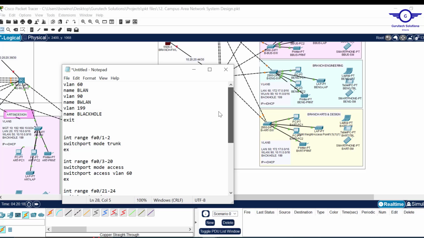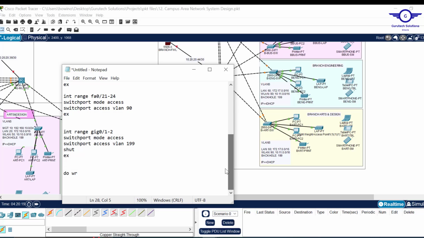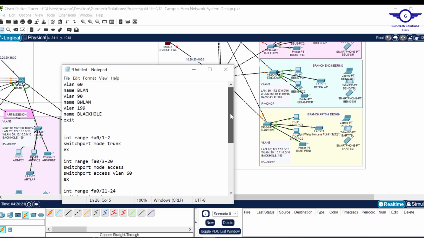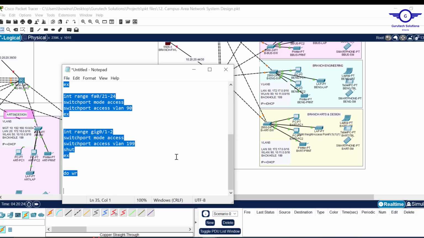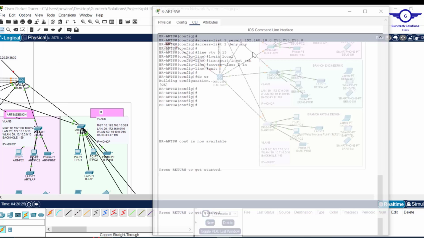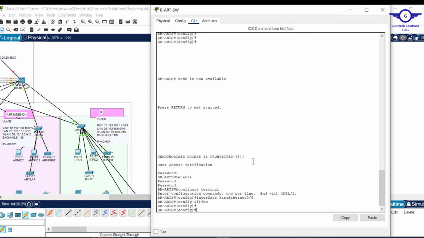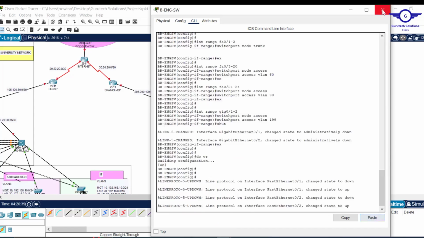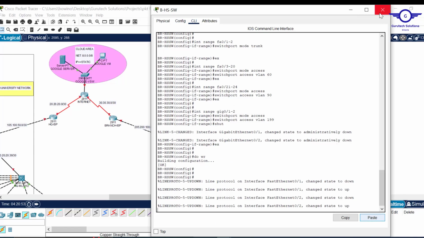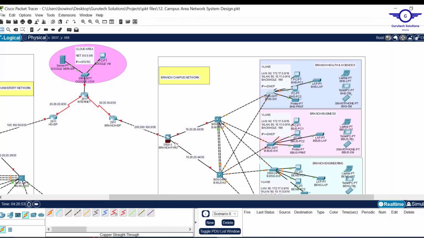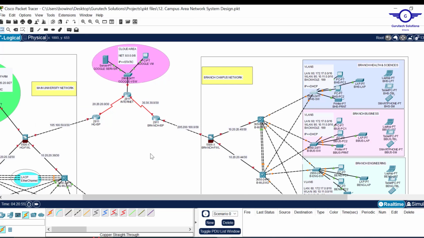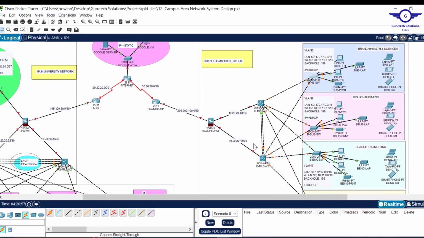This configuration, we paste it to all other switches under the branch network, except the multi-layer switches, where we are going to do it later. All right, so let me just do that very fast. Okay, good. So we're done with the access layer switches under the branch network. So let's go to